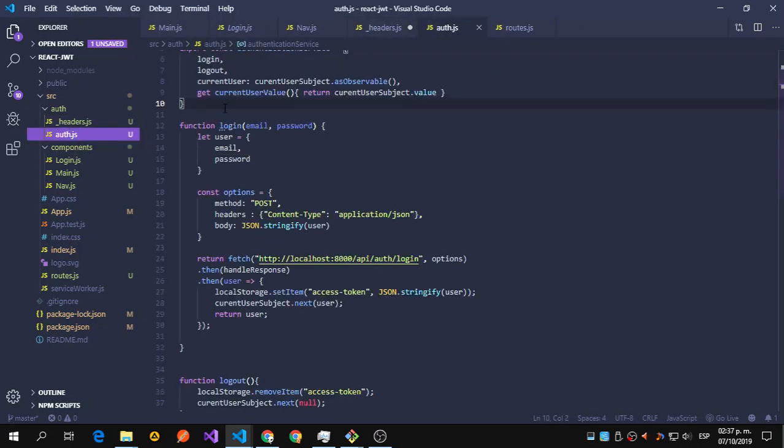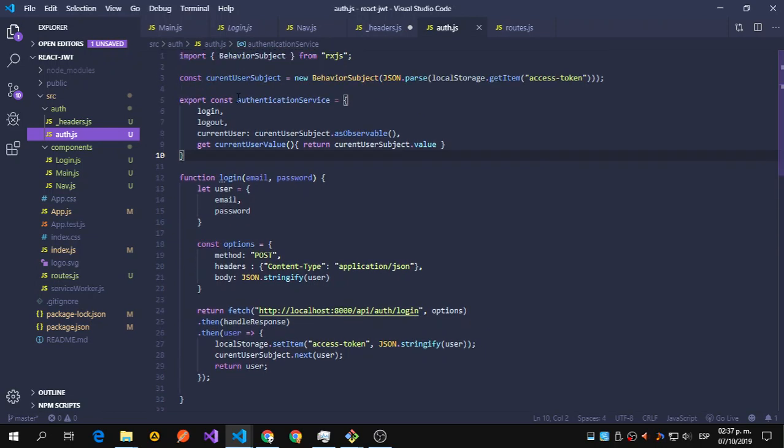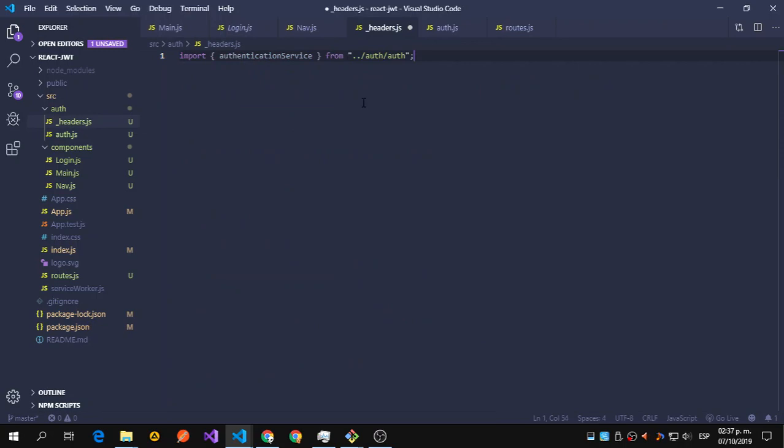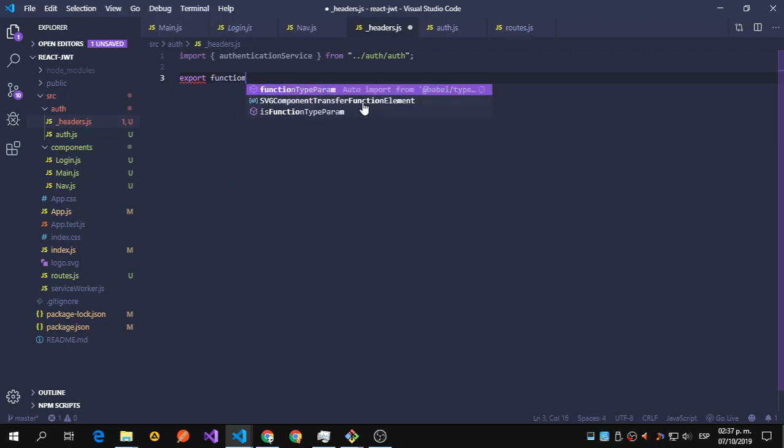Remember that we created this authentication service that is an object, and inside this object we're exporting the login function. You can see the logout, the current user that is an observable, and the getter that is going to respond with the object value. After this is going to be this export function auth